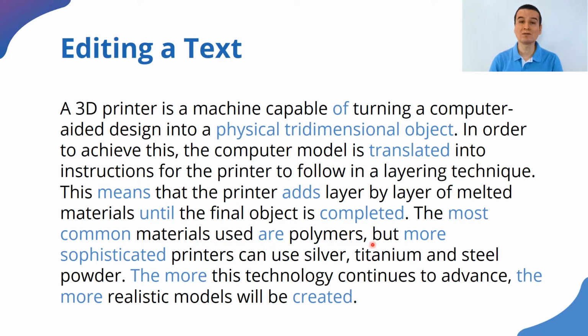But more, we need an adjective there, more sophisticated printers, some past participles can be used as adjectives, but more sophisticated printers can use silver, titanium, and steel powder. Nice. Now we have a case of double comparative here. The more this technology continues to advance, the more realistic models will be